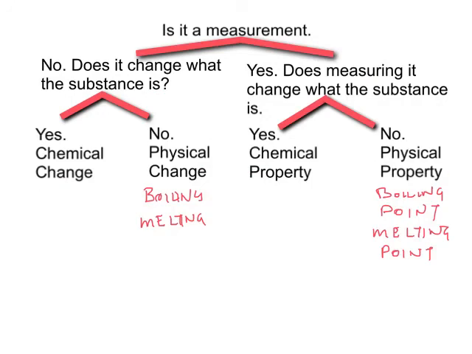Let's look at some chemical examples. Let's take burning, for instance. Burning is not something that I measure. It's a change that happens to a substance, so I'm going to say no. When I burn something, does it change what it is? Well, that pile of ashes left over after I burn it is certainly not the same as what I started with. So I'm going to say burning